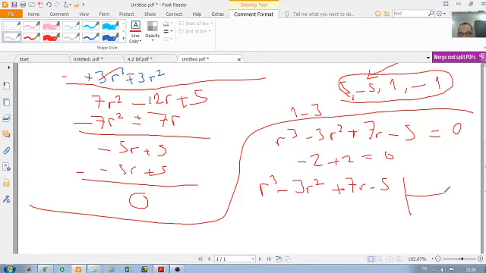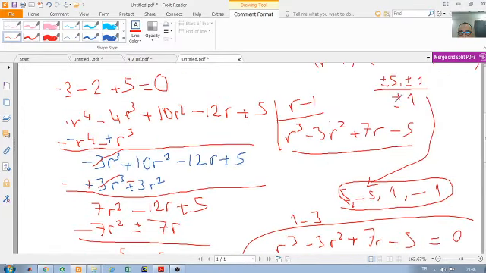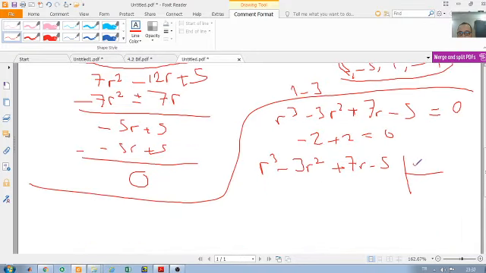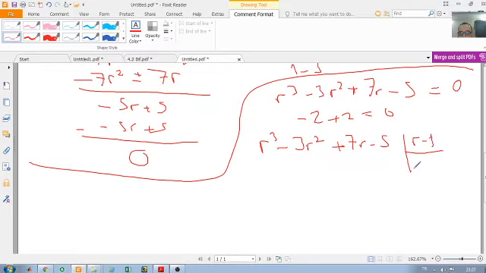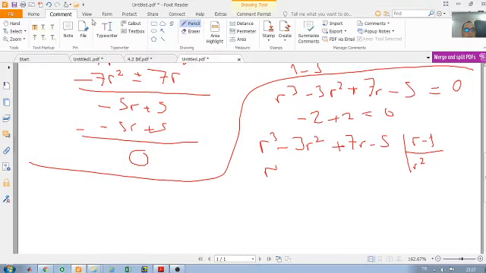Since 1 is a root, one of the factors of this second factor of the characteristic polynomial will be r minus 1. Okay, again r minus 1. So to get r cubed, we multiply by r squared: r cubed